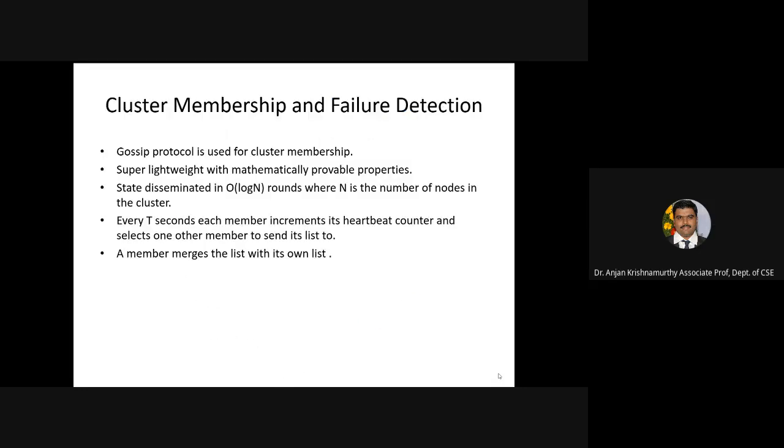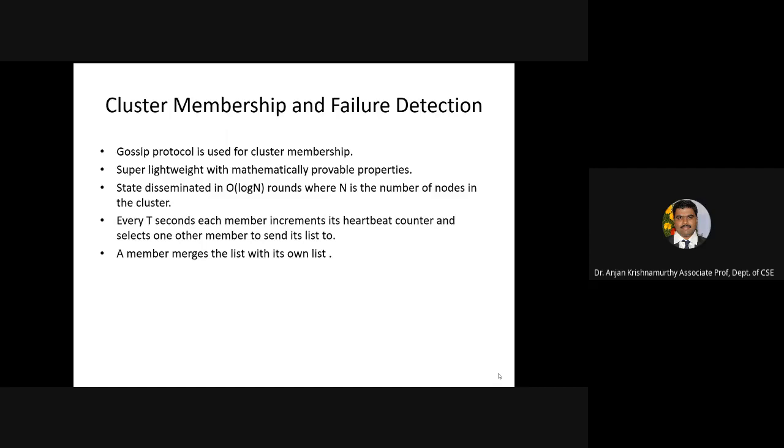So for the cluster membership and failure detection, there is a protocol that is used in the Cassandra based system, right? As we have already discussed, the Cassandra based system does not allow one point of failure or a single point of failure in a system. So the cluster membership is basically determined by a protocol called the gossip protocol.